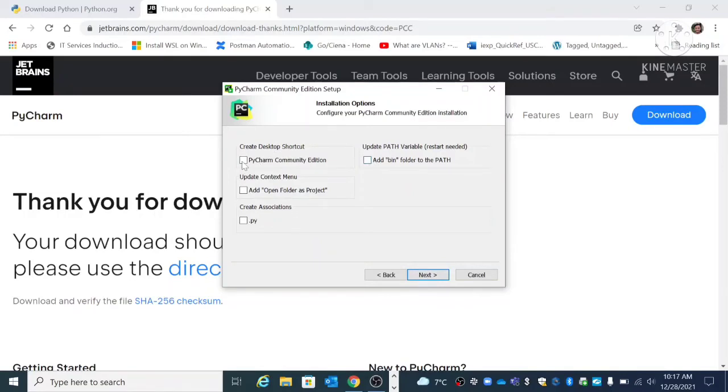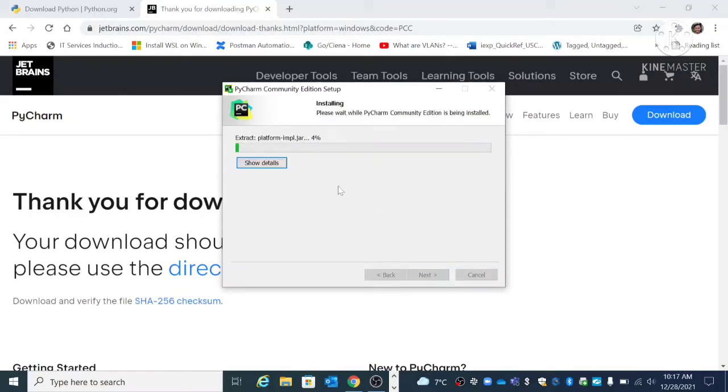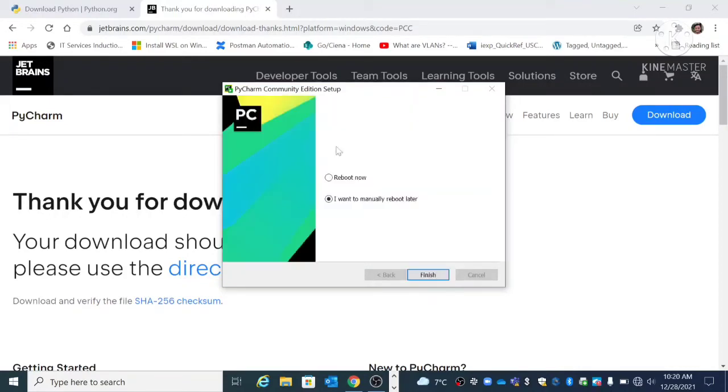Now I am checking all the options. Let's click on Next. Let it be as default. Now it will take some time to complete the process. The installation process of PyCharm is complete now.